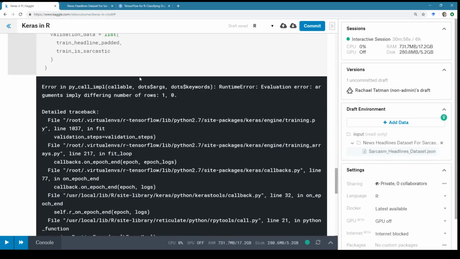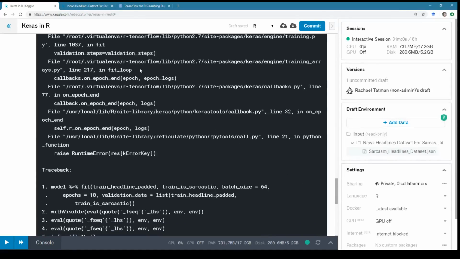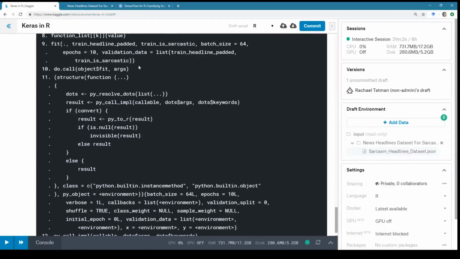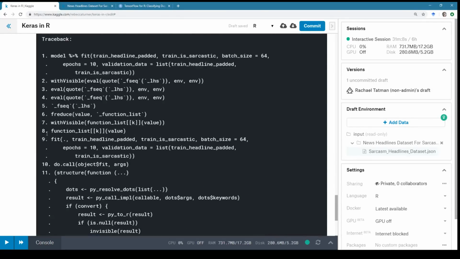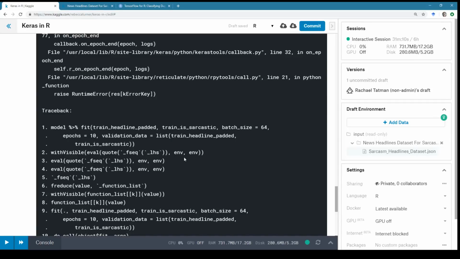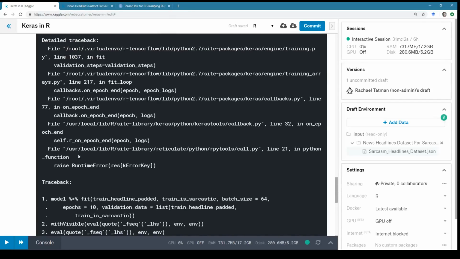All right. So, at some point, something has gone wrong, and I'm not entirely sure what it is. So, runtime error, res error key. It's in Reticulate. This might be doable.